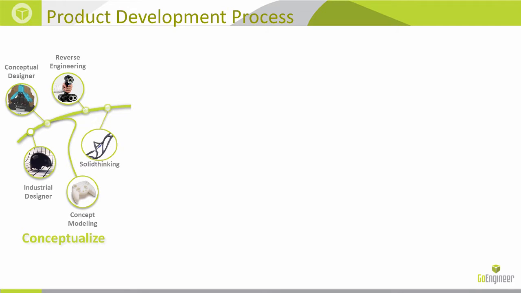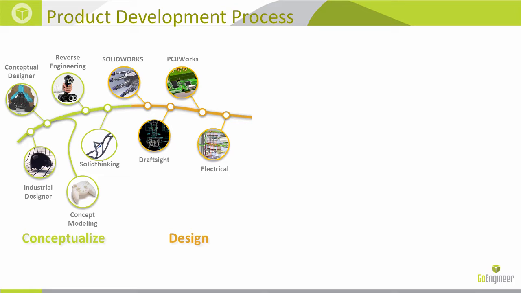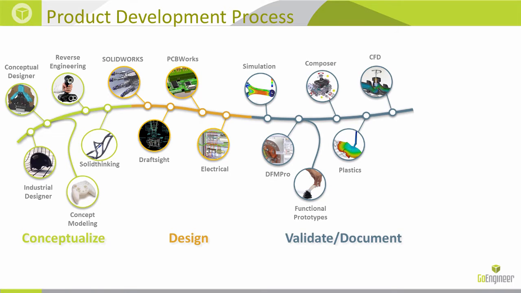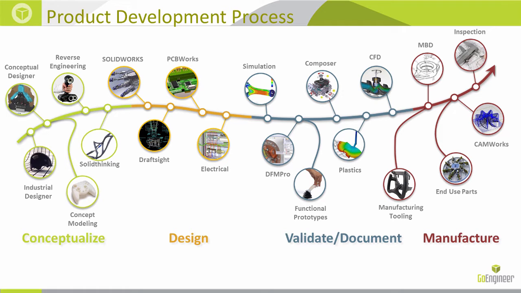If you've been to a webinar before, you've probably seen the product development process, where GoEngineer offers solutions all the way from initial conceptualization with tools like 3D scanning to design, analysis, validation, and finally manufacturing. So tools like SolidWorks, simulation, CAMWorks, flow simulation tools, and of course 3D printing, which is beneficial in all of these different aspects. And today we're going to talk about solid thinking,